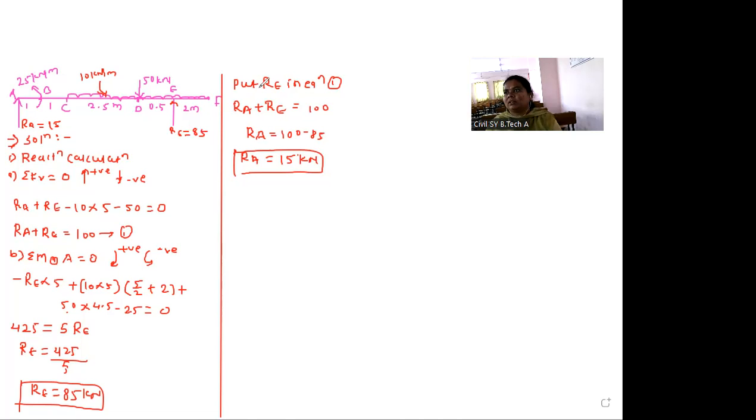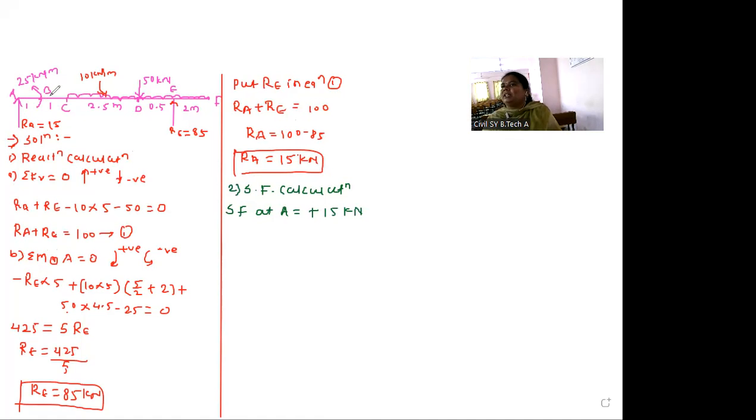Next step is shear force calculations. So we will start from this A point. So at A, upward force is there. So shear force at A is equal to plus 15 kilonewton. After that,